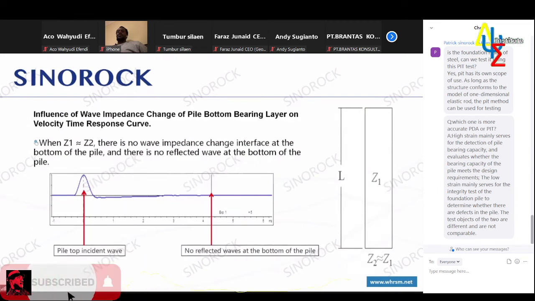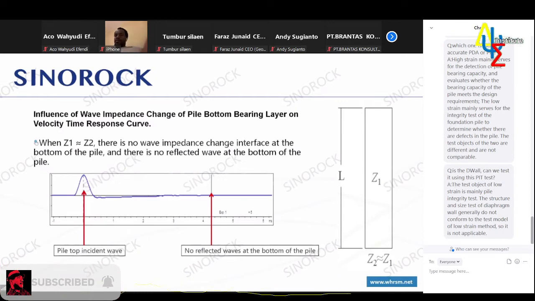We just saw the change of pile body impedance. Similarly, the bearing layer at the pile bottom will also have some influence on the signal. Compared with the pile body, the impedance of the bearing